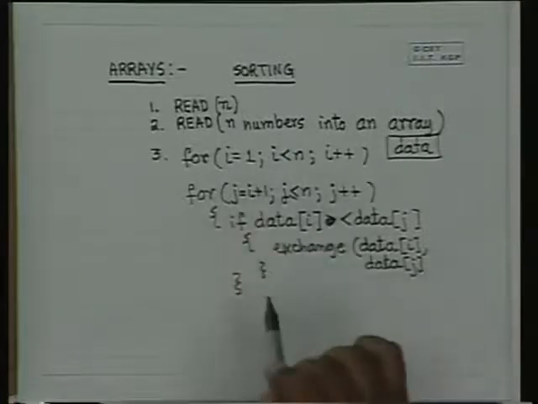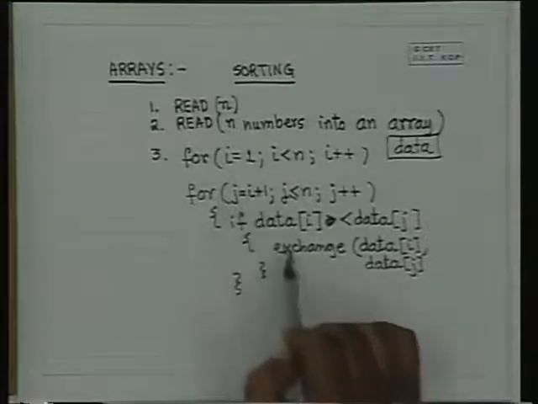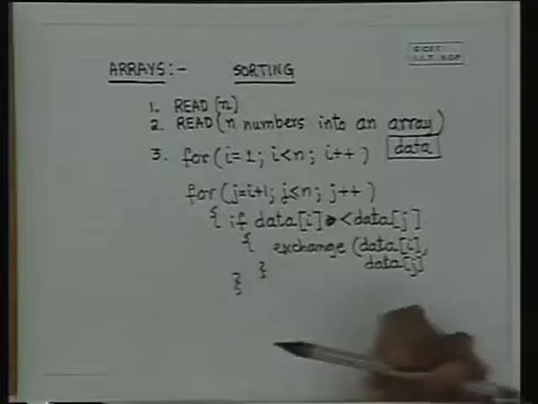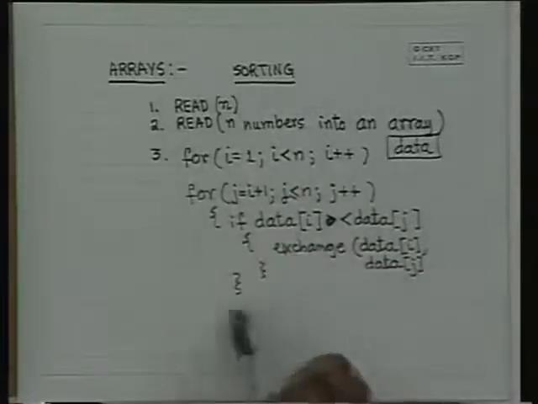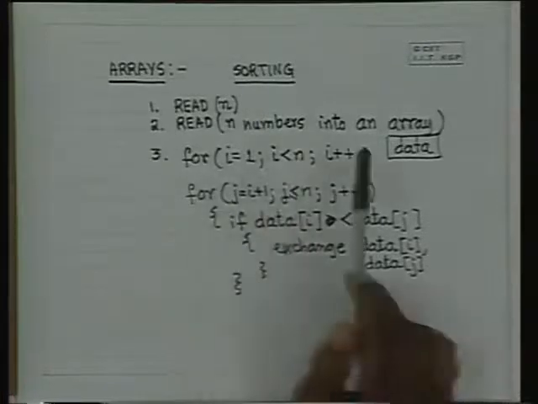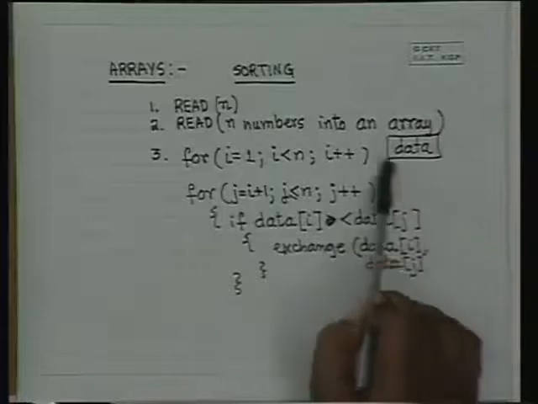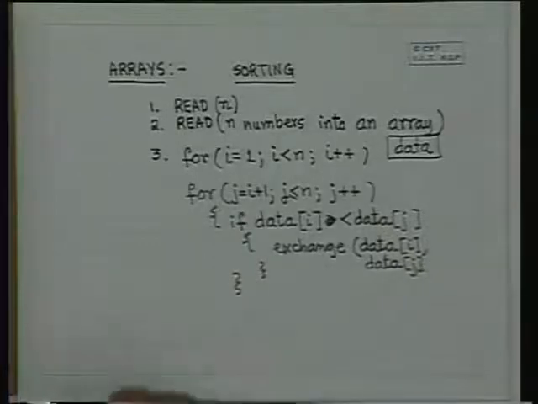This is one of the traditional sorting routines. There are other sorting routines like bubble sort, etc. They have a similar but slightly different way of doing it. So this is one sorting routine, and we shall see how to write out this sorting routine. The main intention in this program is not how sorting is done, because we shall see how sorting is done in a much better way in subsequent classes, but the intention here is to just translate a known program which contains an array declaration and some for loops into C language syntax. So let us see how the program looks like in our C language.